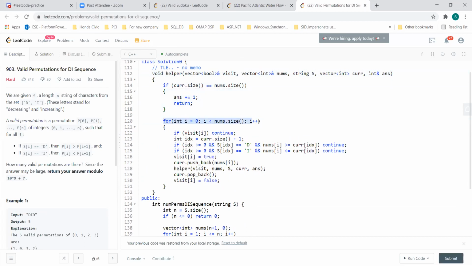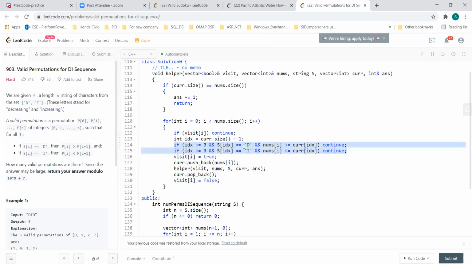So this is the part where you do the permutation, right? You run through the whole array every time. And this is the only thing you do for most of the permutations, which is very simple. You mark this particular element as visited, and then you push back that element in your current. Then you do a recursive call again. If you keep doing this recursive call, at the end, when we are returning back, you have to backtrack. So you remove the last element you put in your current array, as well as unmark it as false. But these are the only two conditions which are very special for our needs in this case.